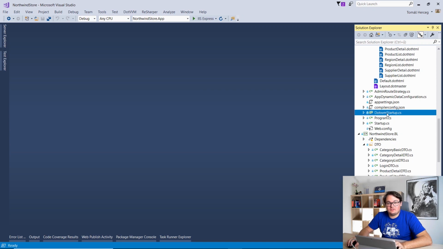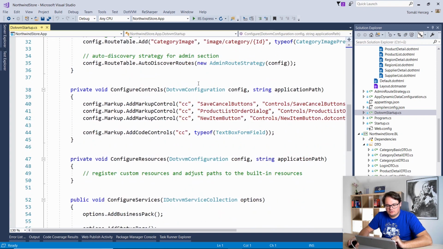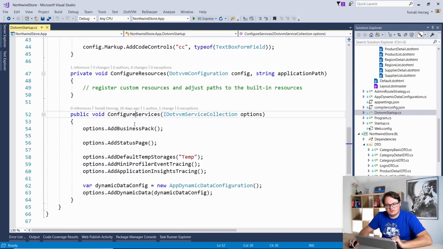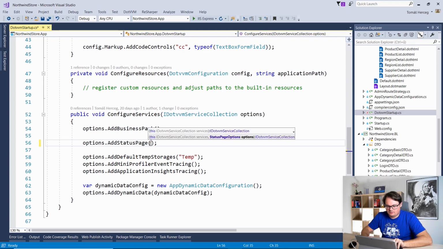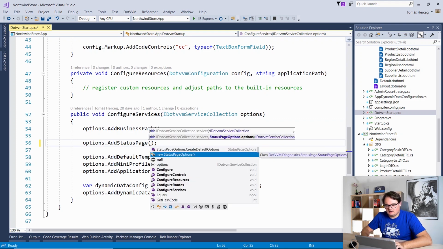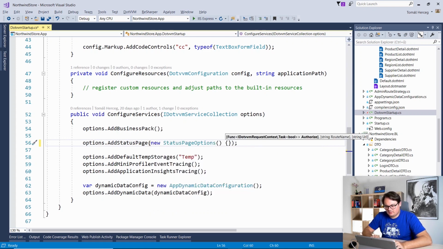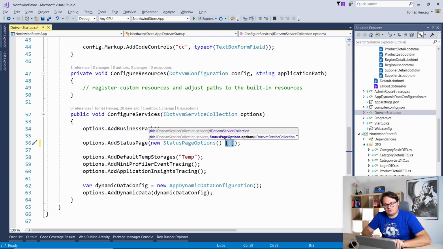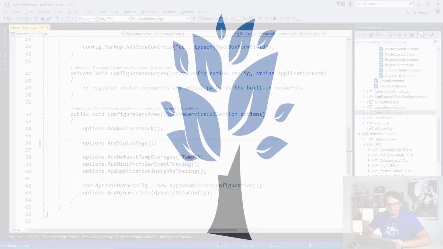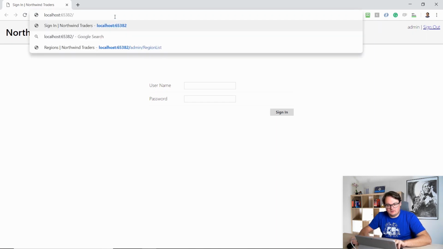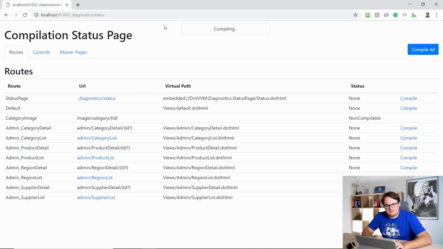Okay, so now my package is installed, and I just need to add it in the DotVVM startup. So if you go to the DotVVM startup and find the ConfigureServices method, I'm using AddStatusPage, and there are some overloads. You can provide some configuration here, StatusPageOptions, and there is a default, so you don't need to do anything, but you can fine-tune things like authorization and also the route name and URL on which the status page will be available. And now if you append _diagnostics/status to the URL, you will see the status page,